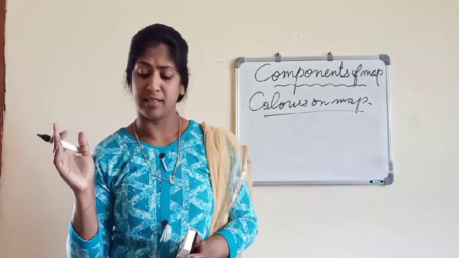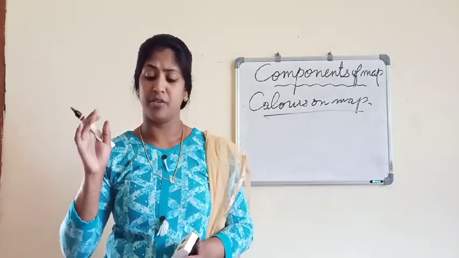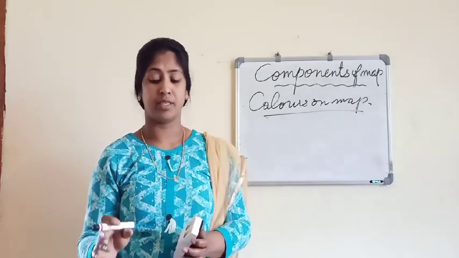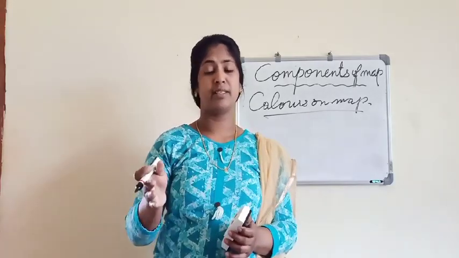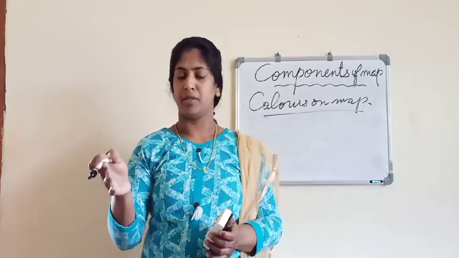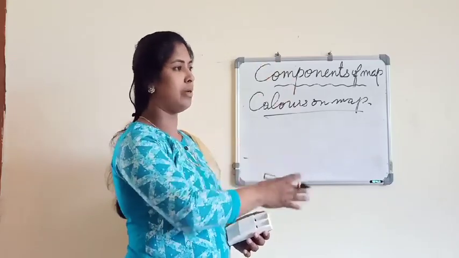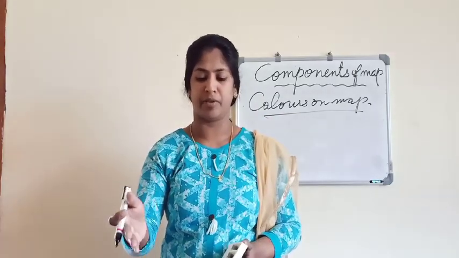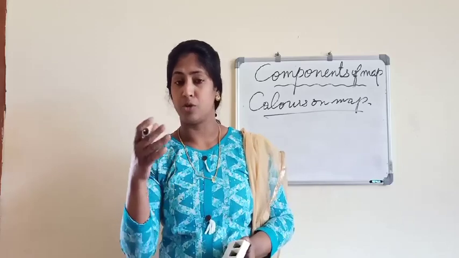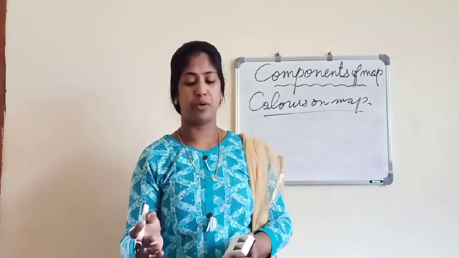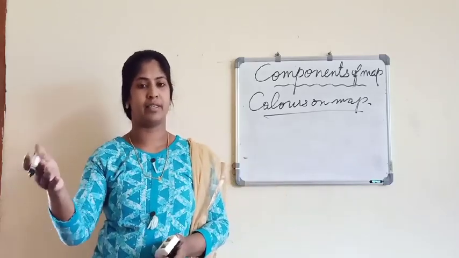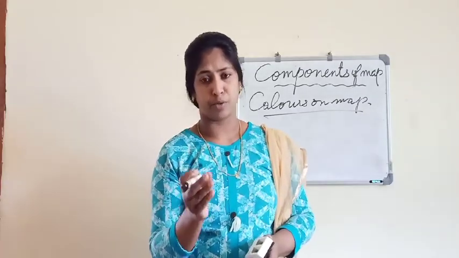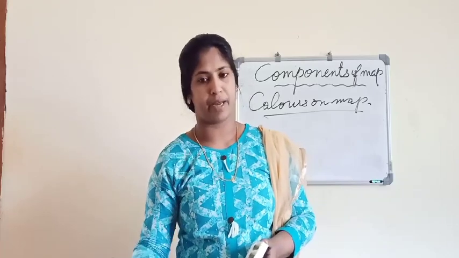Next, black color is used here for surveyed trees and dry streams. This color pattern is used not only on this wall map; the same colors, like yellow, green, white, blue, are used in the topographical map also. We have to study topographical maps in the higher classes, like in 9th and 10th classes. In this also, studying this color pattern is very important.